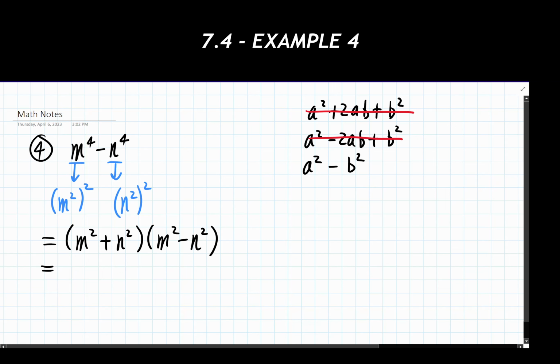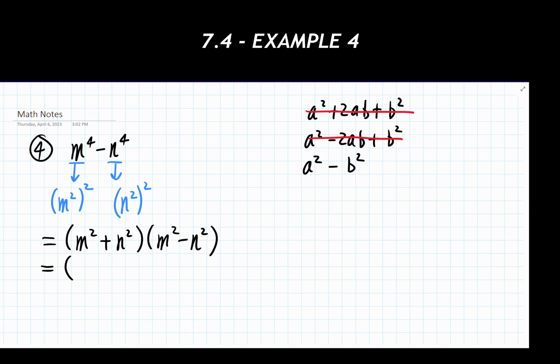So this first set of parentheses is not the difference of squares. We notice that this thing has a plus sign in it. Our special product form has a subtraction sign in it, meaning that this first set of parentheses is not going to change. It cannot be factored in any way, shape, and form. There is no special product, no special property, no secret method that exists to factor this thing further. Nope, it's done. It's just staying exactly as it is.